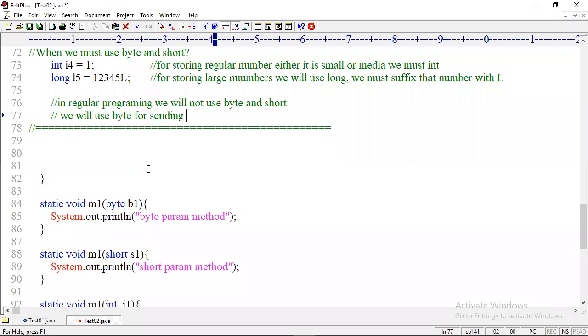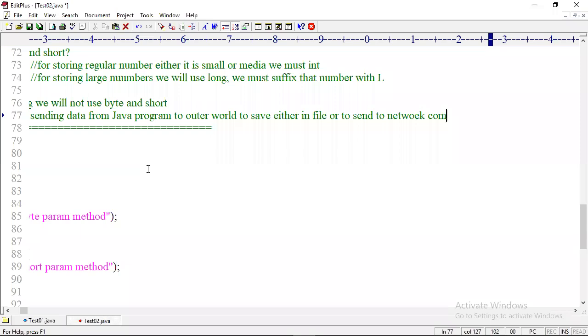sending data from a Java program to the outer world, to save either in a file or to send to a network computer or network application, whatever.